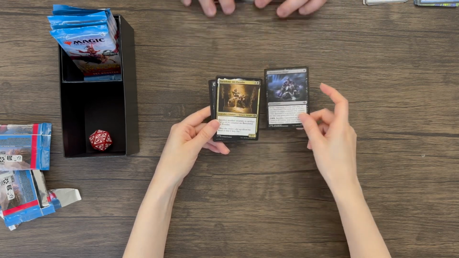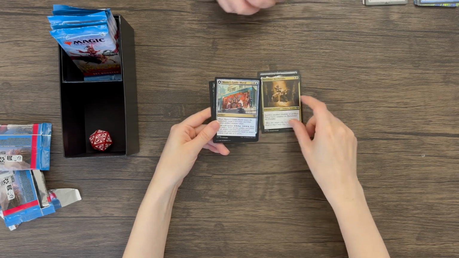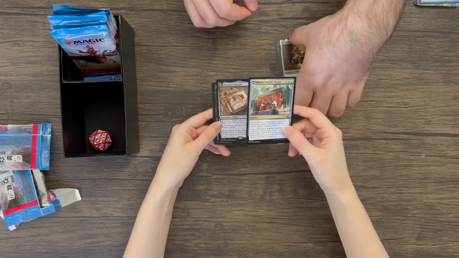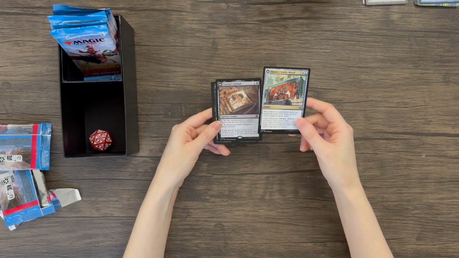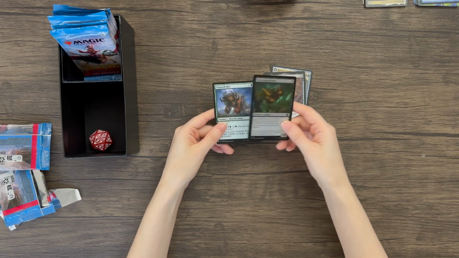Stop touching my things, man. Bartolome del Presidio. We've seen a million of him. Del Presente. No. Guide Mural, Tarian's Journal, Blood Rage Mycoid, and